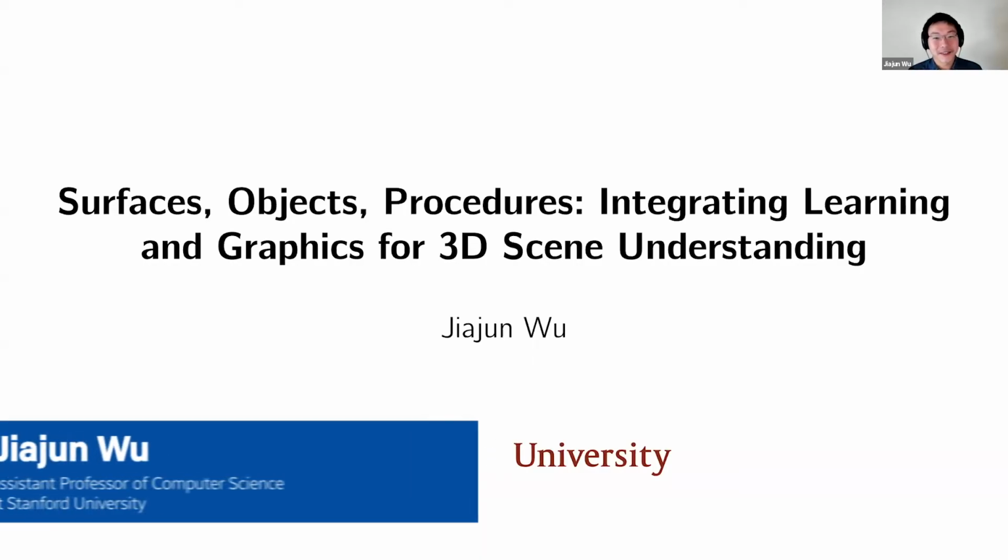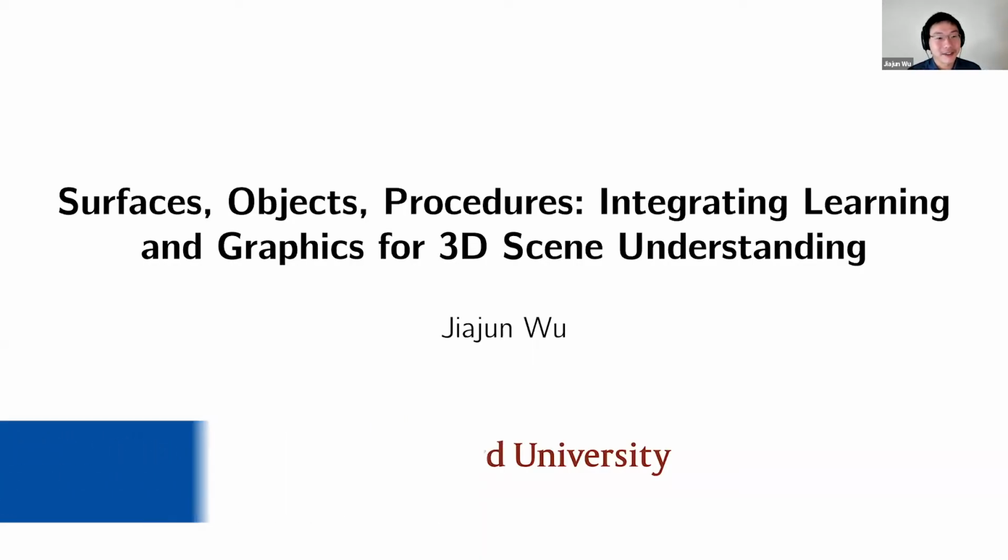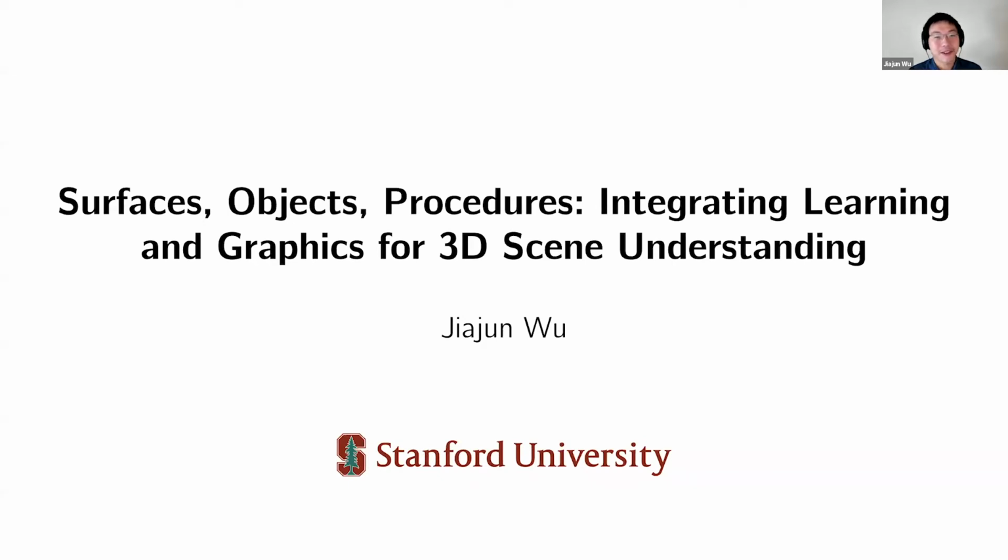Okay, so very nice to be here, and I'm going to talk about surfaces, objects, procedures, integrating learning and graphics for 3D scene understanding. So as you can see from the title, if we want to solve scene understanding problems in computer vision, should we just use a pure machine learning data-driven approach, or is there any knowledge in the physical world, especially those used in computer graphics, such as surfaces, object representations, or even procedures? And can any of them be integrated into learning systems to make them more efficient, perform better,